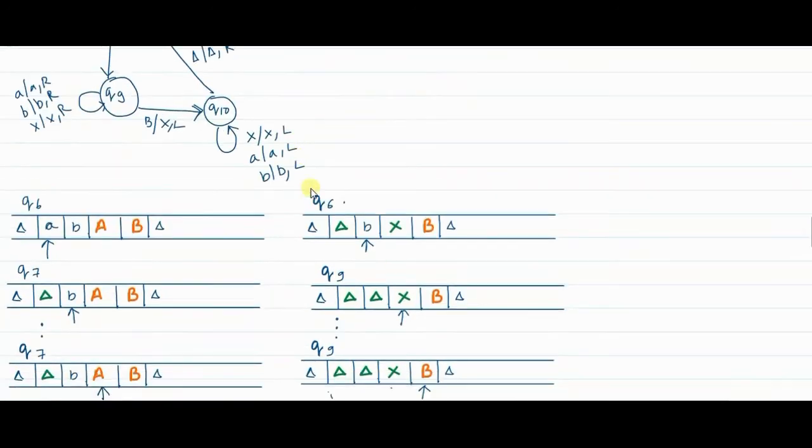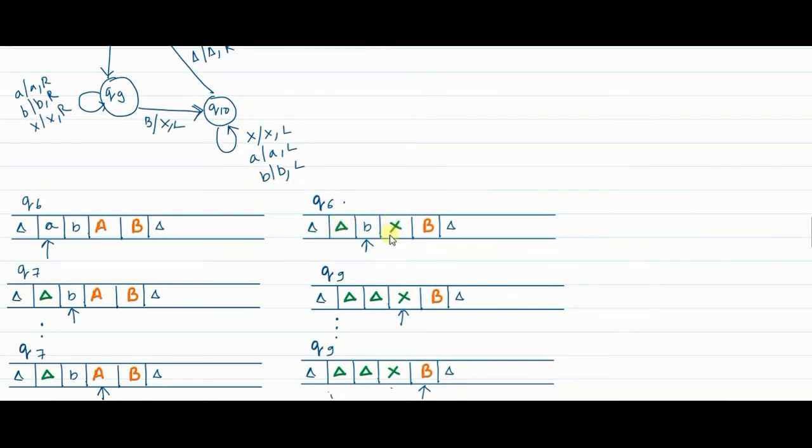In the first iteration, this small a has been successfully compared and equated with this capital A, which was a representative of small a only, and to know that this capital A is already marked, we have replaced it with X. At the end of the calculation, we will write transitions saying that if this is X, it is already compared and delta is already erased, so this one and this one have been matched.